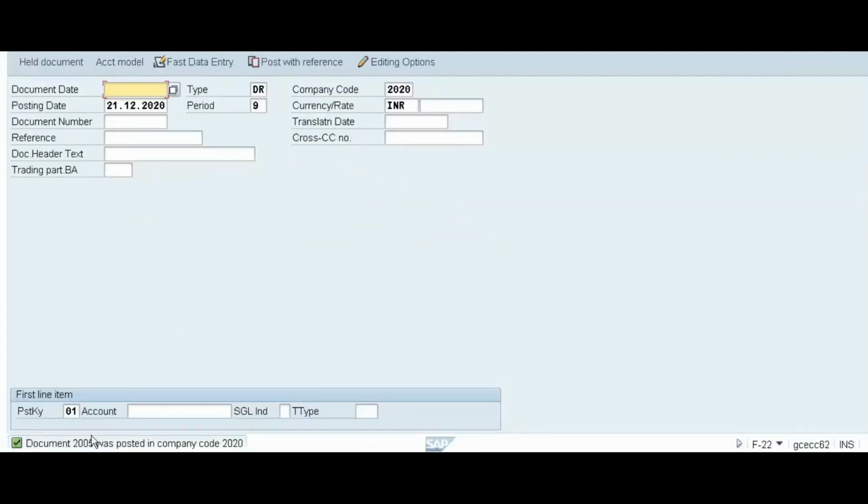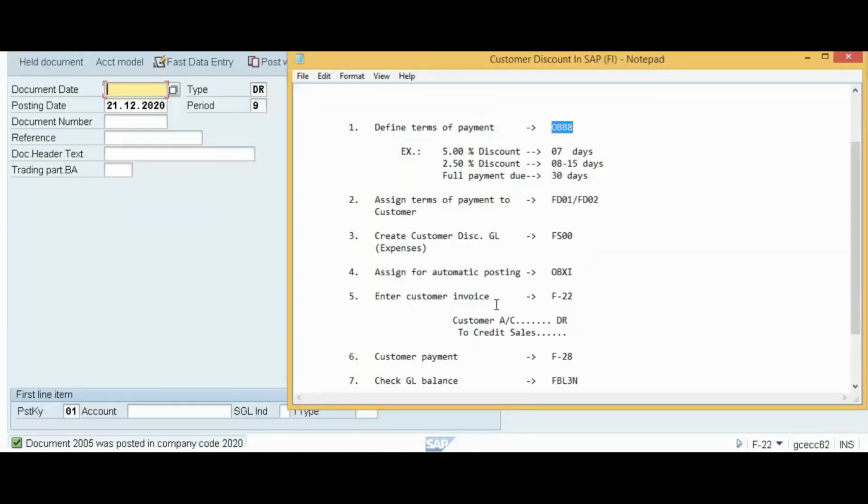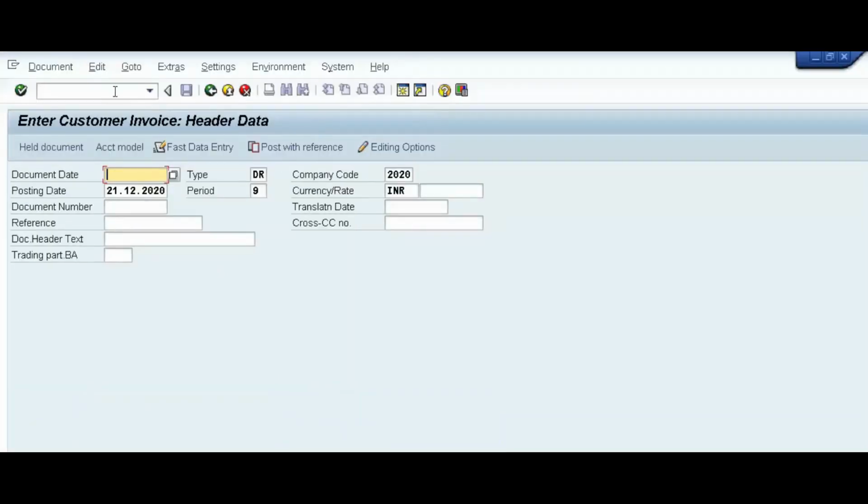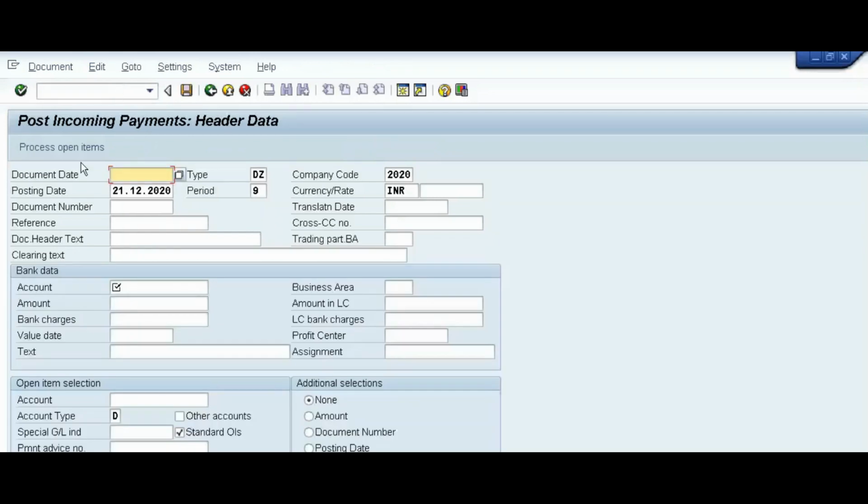So the document 2005 was posted in our company code. So we have entered our customer invoice. Now customer payment, F-28 transaction code, so /n F-28, customer payment, post incoming payment,